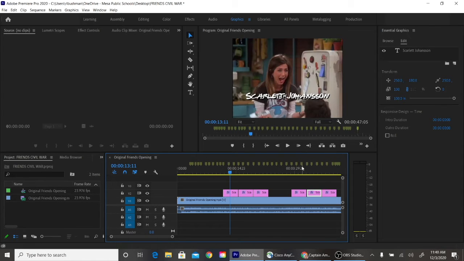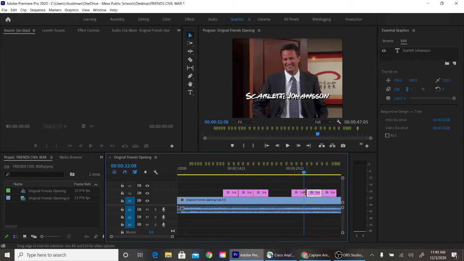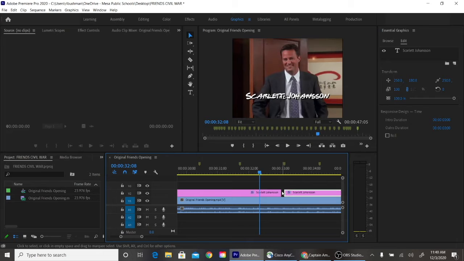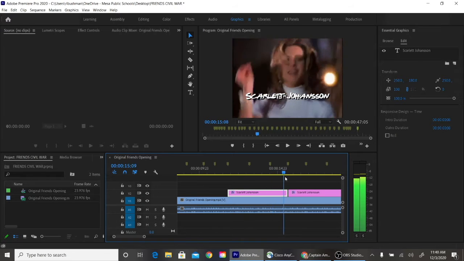Now it looks like I might have a gap. There's a space there, but maybe, let me just see. Yeah, I've got a gap. So we'll fix that in a second. Let's come over to hit minus a few times. I'm going to come back over. I got a gap here too. So this is for